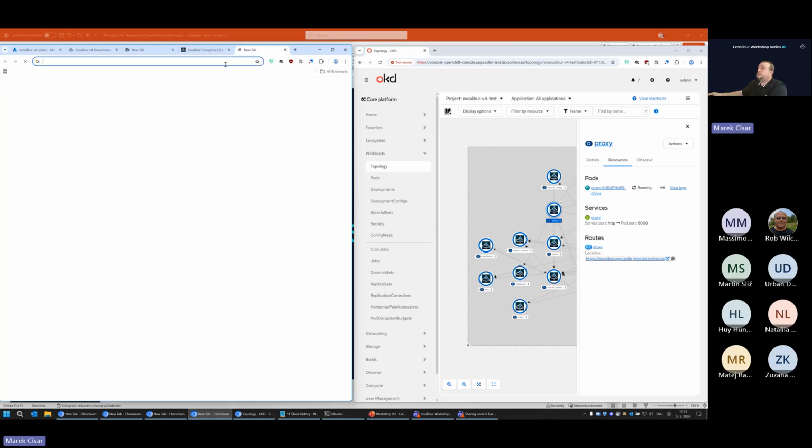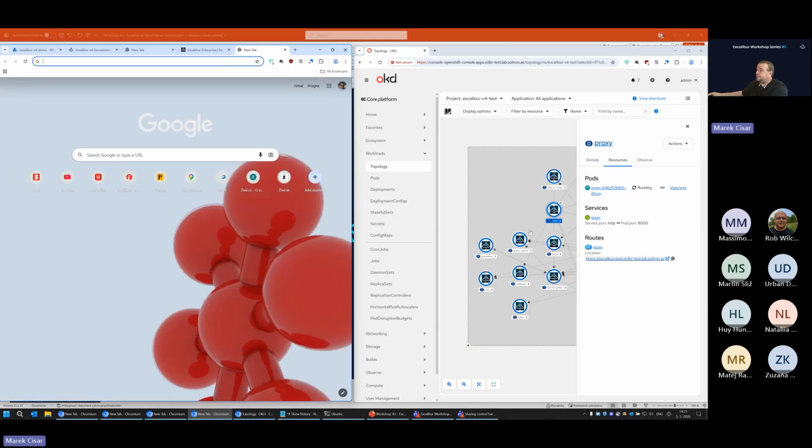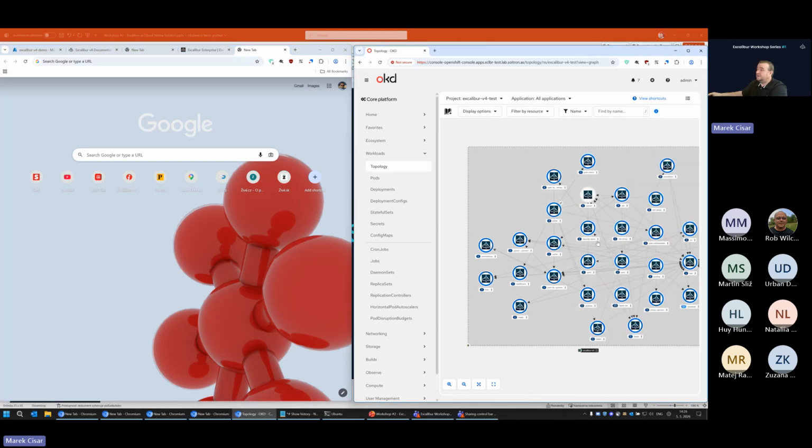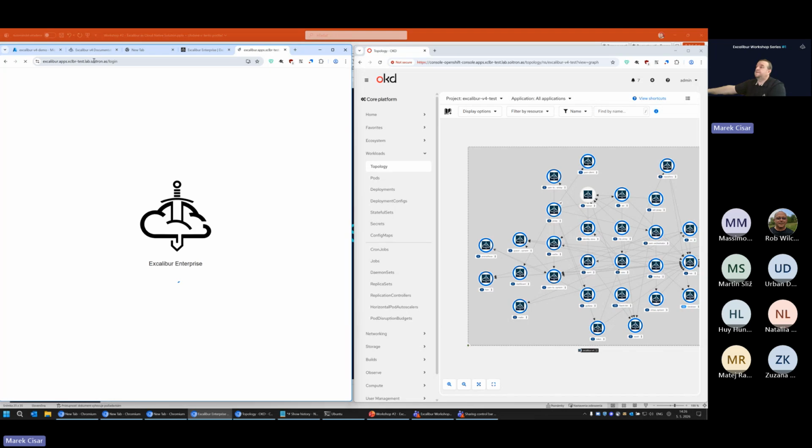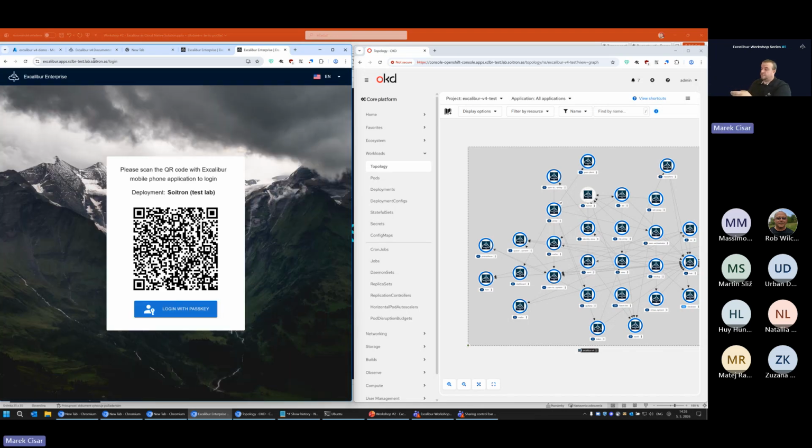I will log in to the Excalibur dashboard, which is represented by those circles. So Excalibur, like such. Yeah, I will log in.